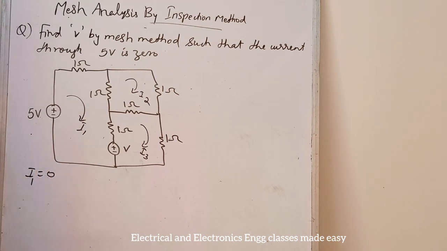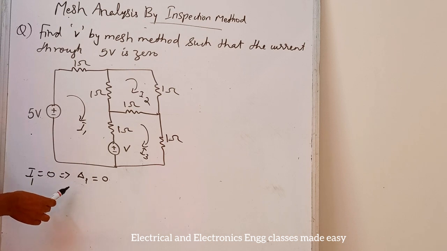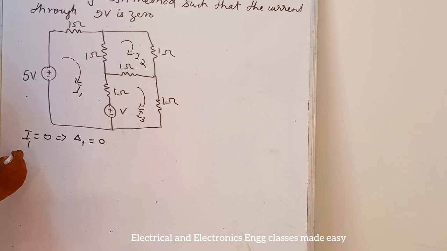So I1 equal to 0 means by Cramer's rule we can write I1 is equal to delta 1 divided by delta, and that is equal to 0. That means delta 1 is equal to 0. So here we need to find the value of delta 1. So for that we have to write the matrix form. So in matrix form